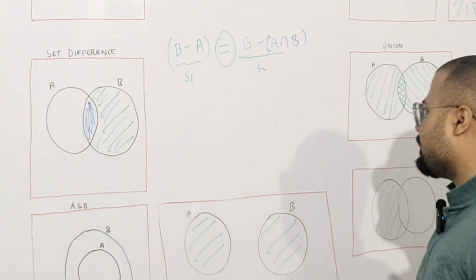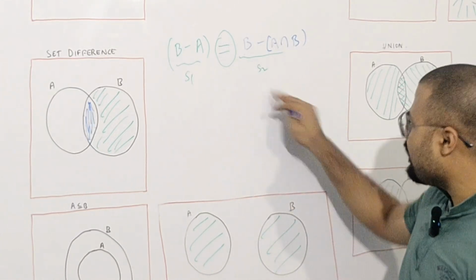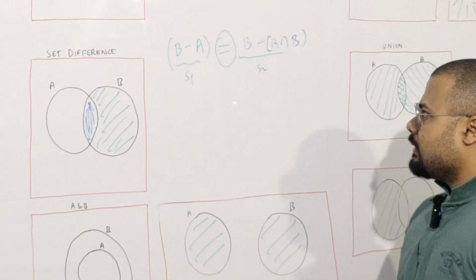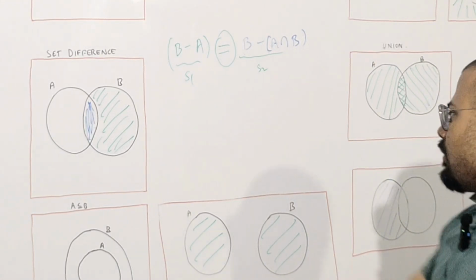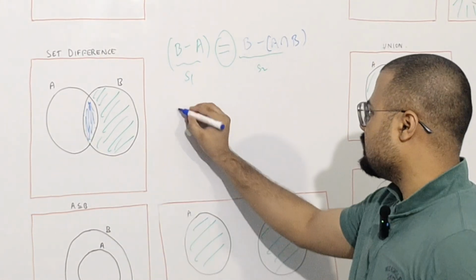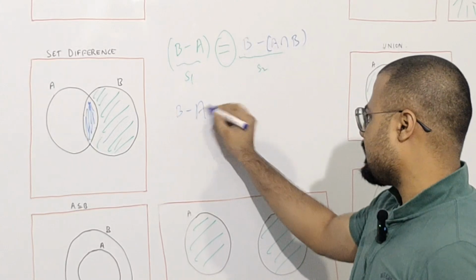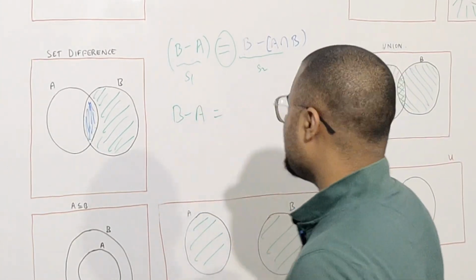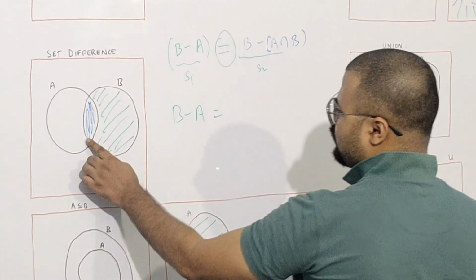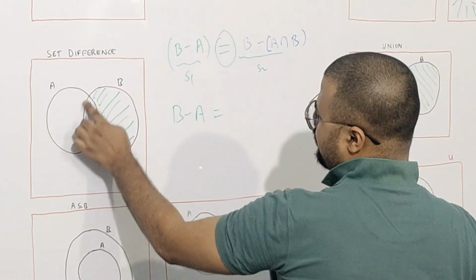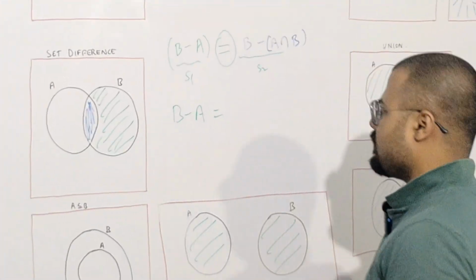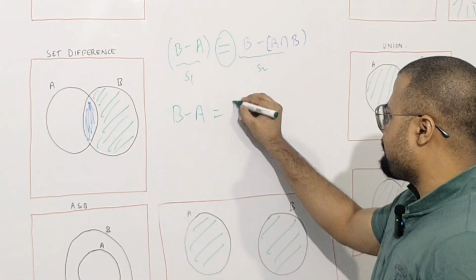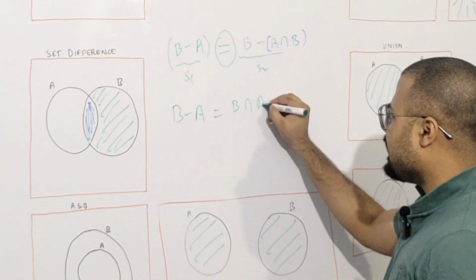you can write a lot of different expressions which will evaluate to the set which is equal to S1, which is equal to B minus A. How? What other way can you write this? You can write B minus A to be equal to, because you just have to remove this part, B intersection A complement,